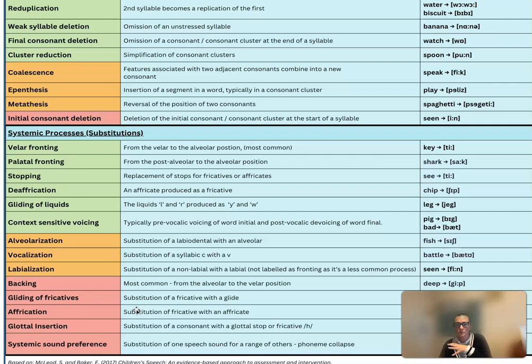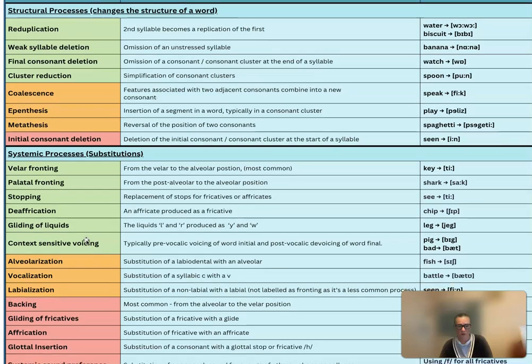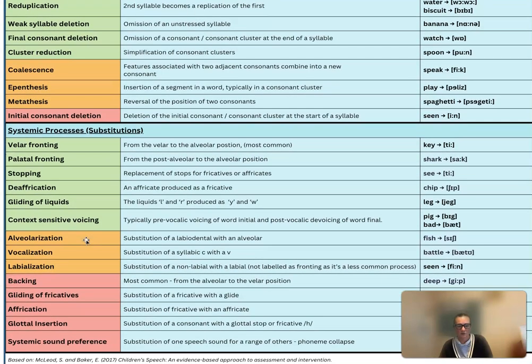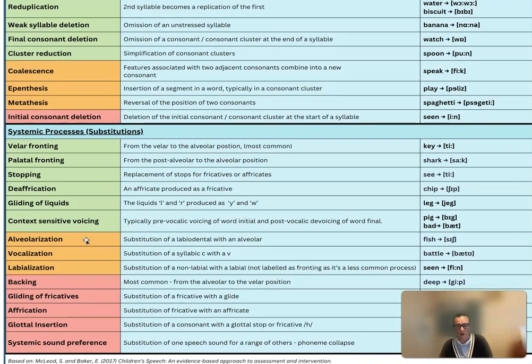Above, that's spoon going to poon, which is completely typical. But if a child just said oon, that would be the complete omission of that cluster, which would be classified as initial consonant deletion and be atypical. So they're all your structural processes that change the structure of the word. Then you go down into the much more common